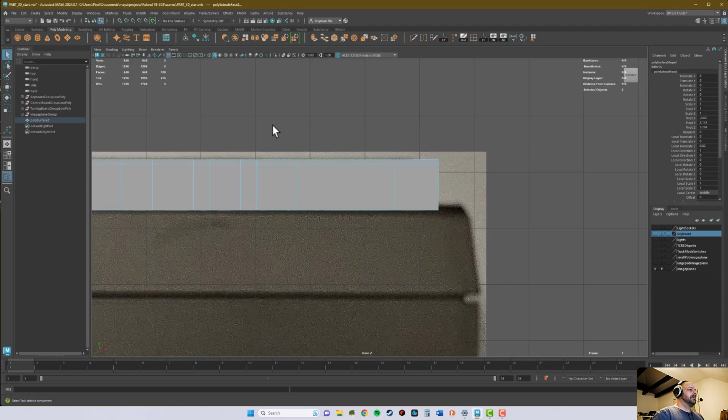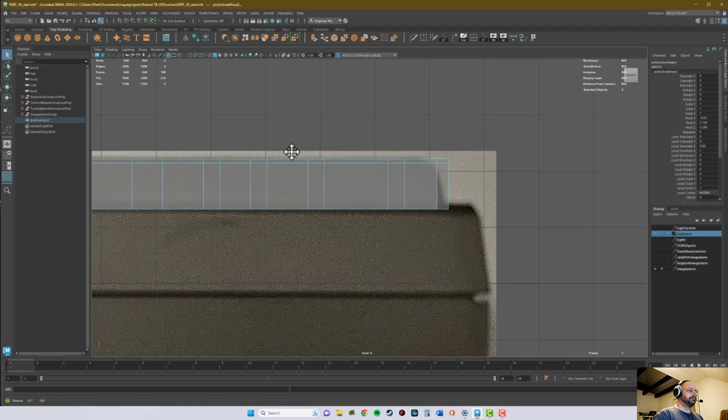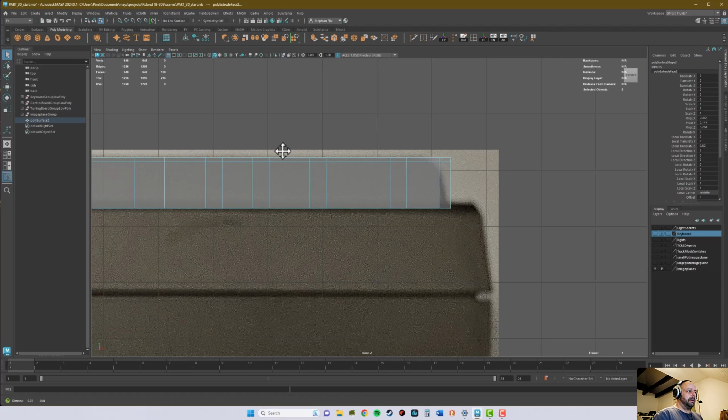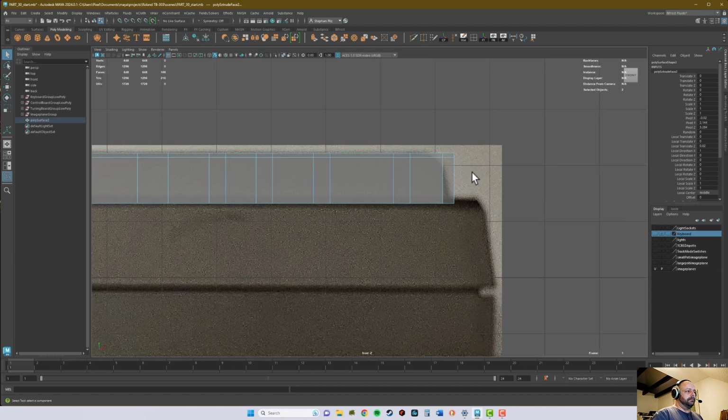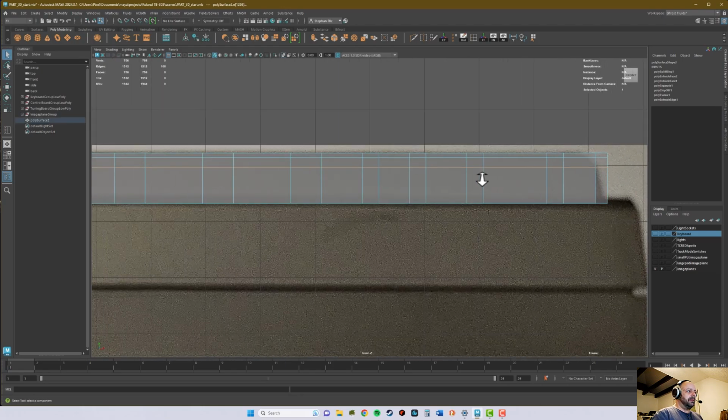Yeah, okay, so let me go to shading and turn on X-ray mode. I don't want to scale it down so that it fits to the background image, but I only want to use how the shape is going here. So we need insert edge loops, of course. Just one there. And then